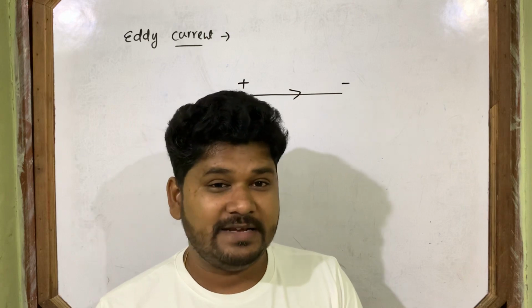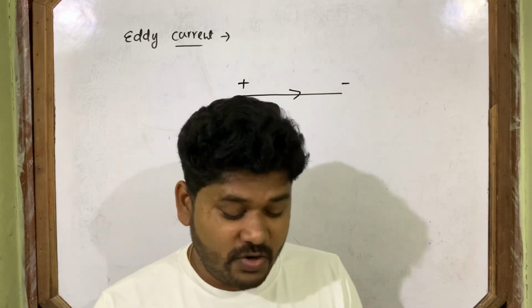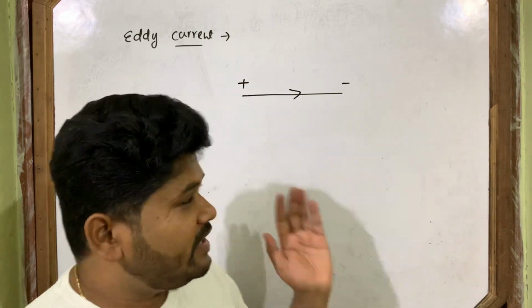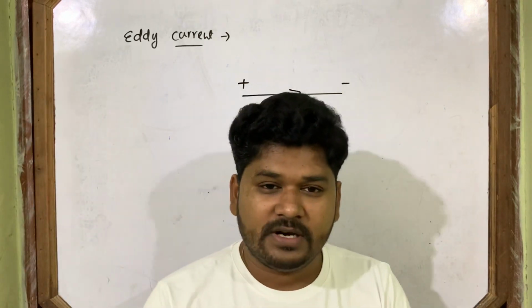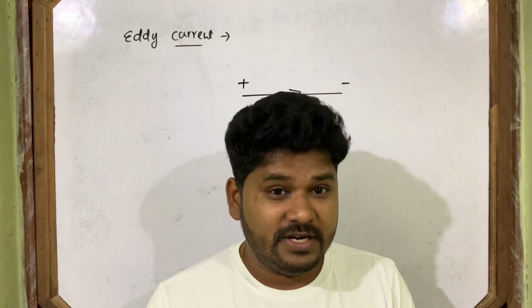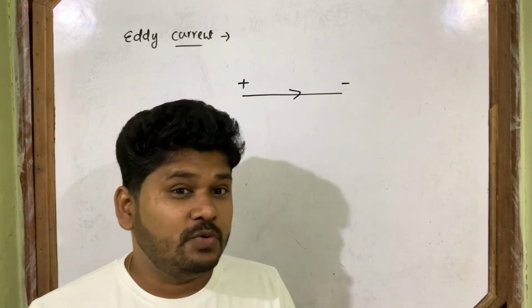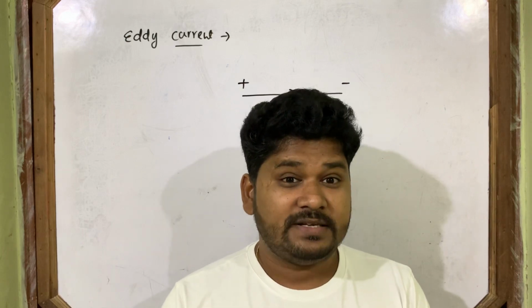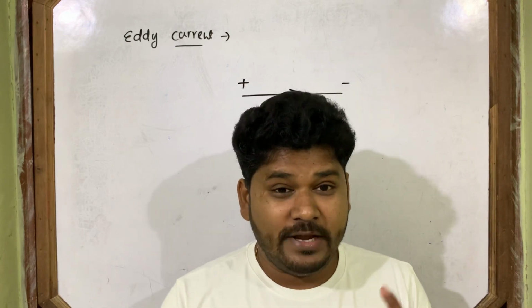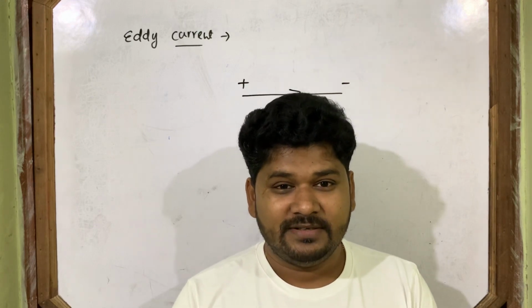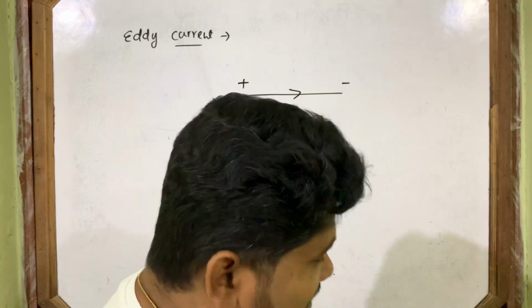So whenever I tell you to draw a conductor and the current passes through this conductor, immediately you draw a straight line and put one arrow mark. That means current passes through the conductor from one terminal to the other terminal. But today, what I am going to tell you, you will be astonished. You will be astonished. What is that?